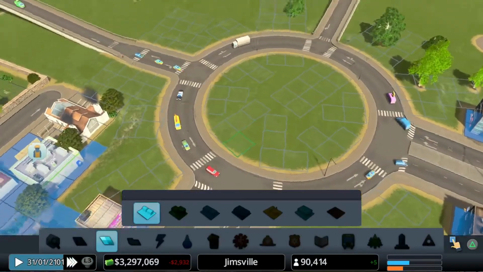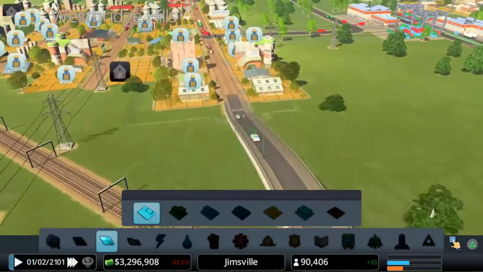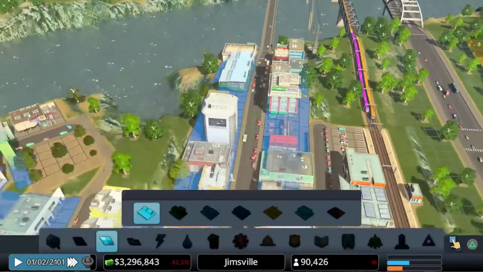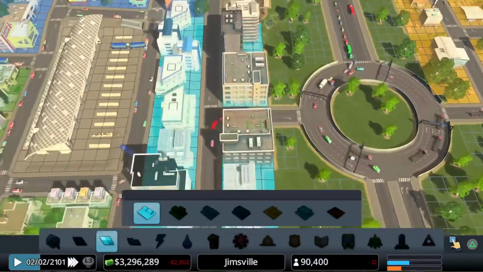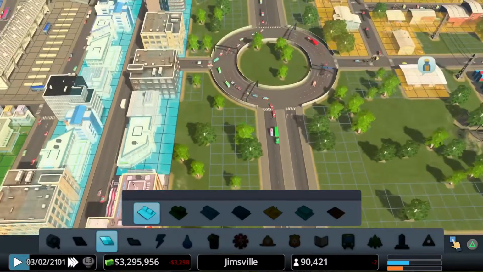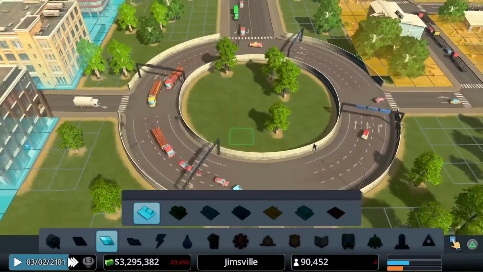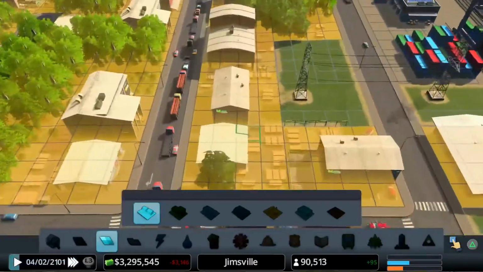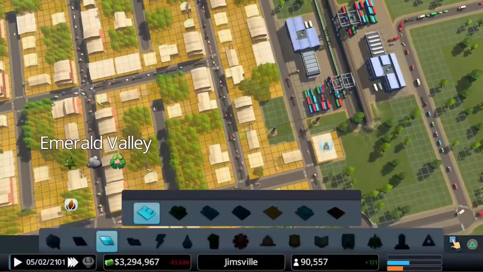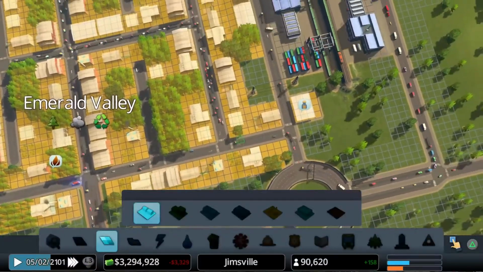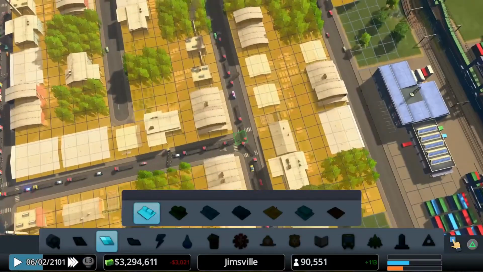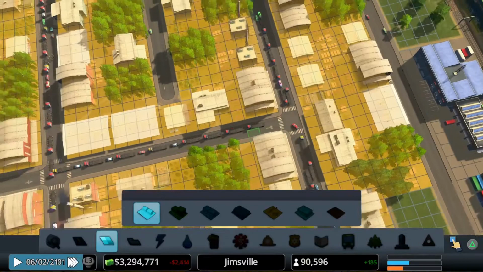But a lot of traffic is having to fight its way in through the farm district at the moment, which means it's probably coming off this road here and then trying to feed its way in that way. But this roundabout has definitely helped with the traffic issues, and this is getting very busy along here with traffic working against itself. I think I might have to make this a one-way road.